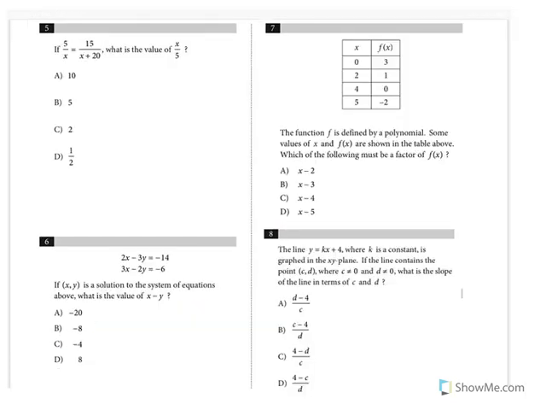If 5 over x equals 15 divided by x plus 20, what is the value of x divided by 5? Okay, straight up solving here. So what we're going to do is cross multiply. So we're going to have 5x